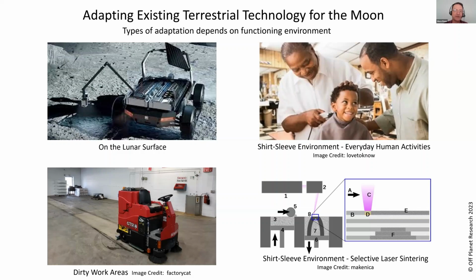The next environment that people need to consider for their technology is the transition areas, or the dirty work areas, such as airlocks or service areas for rovers, where it needs to be constantly cleaned. It could be exposed to transient vacuums as equipment is brought in and out. And this is also going to be one of your primary lines of defense in keeping the lunar regolith contamination